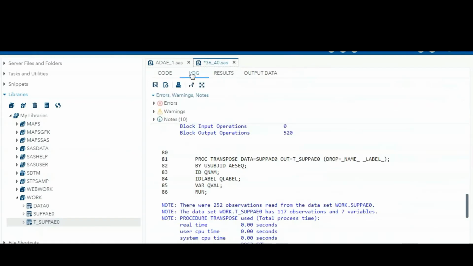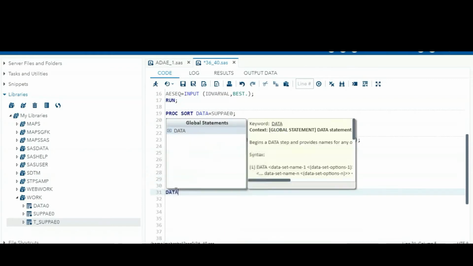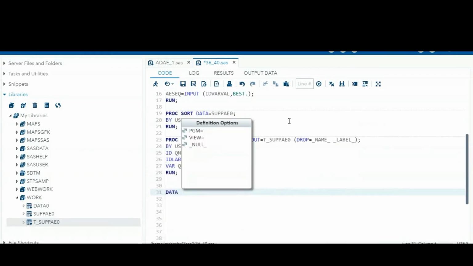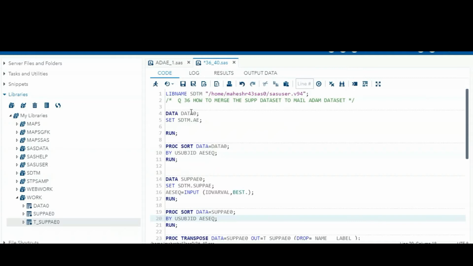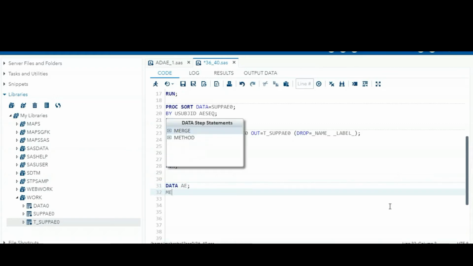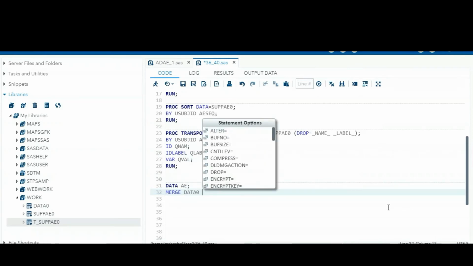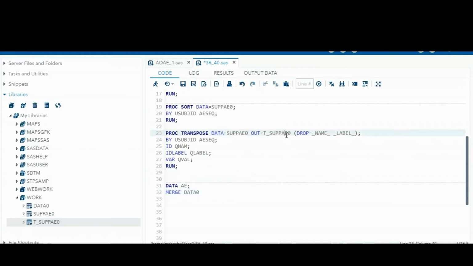Now we are going to remerge to our main data set. Okay. So data. What is our main data set here? Data0, right? So data0. We can give AE, merge to data0, and what is the supplementary domain?